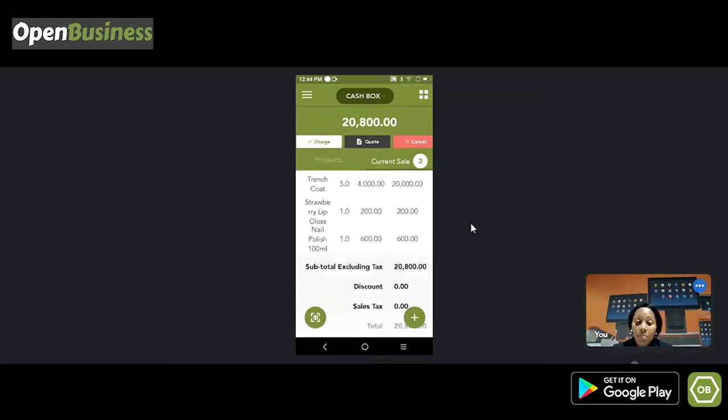So that is basically it. If you want to change anything, modify quantity, modify price, even offer a discount, just click on that product and you'll have a pop-up that allows you to do that. Moving on, now you can see we have options called charge, quote, and cancel. So if you want to go on ahead to charge, you can charge, but for the quotes feature,